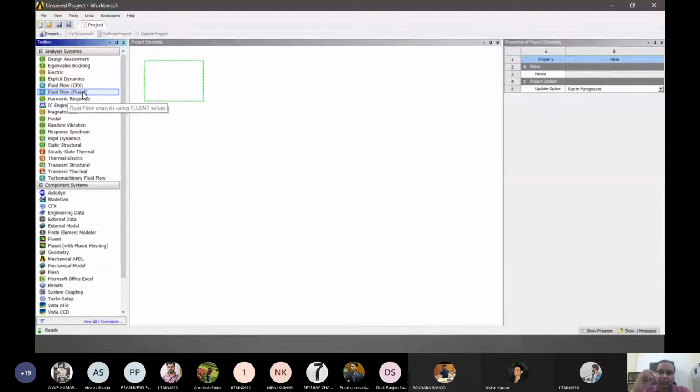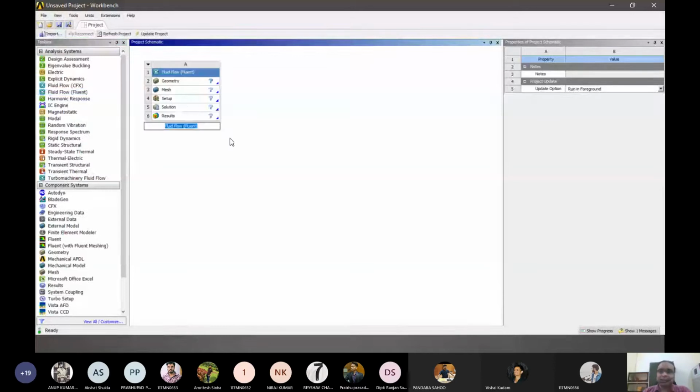So as we were seeing in the pre-processing stage, there is a geometry, there is a material assignment, right? There is a boundary condition, and all these things are in pre-processing. So let's start with that. So first we'll go for the geometry part. So basically, this question that was there, it is a bit simplified.